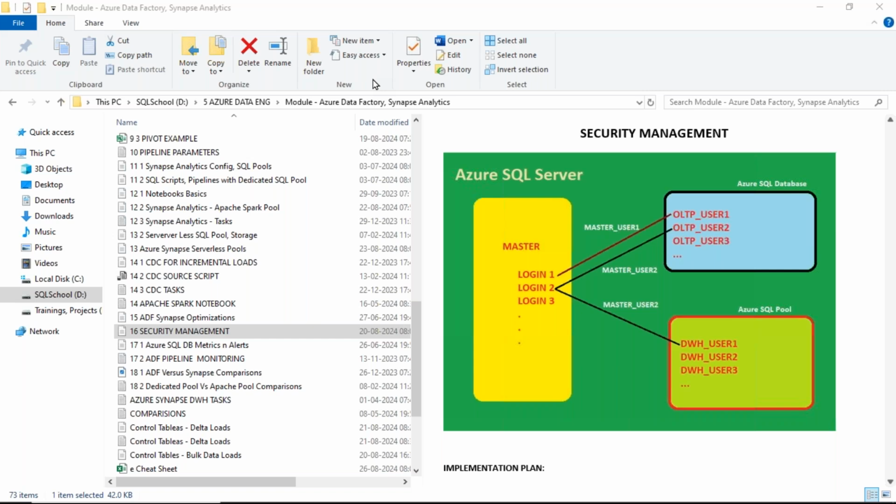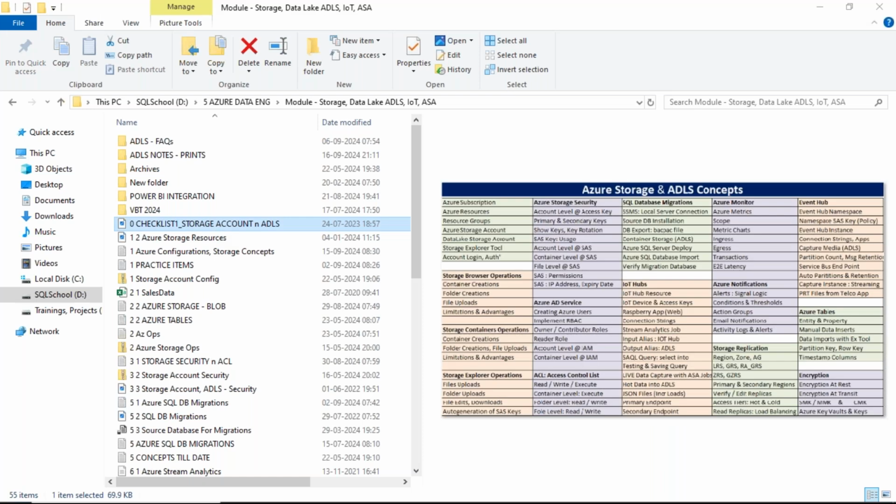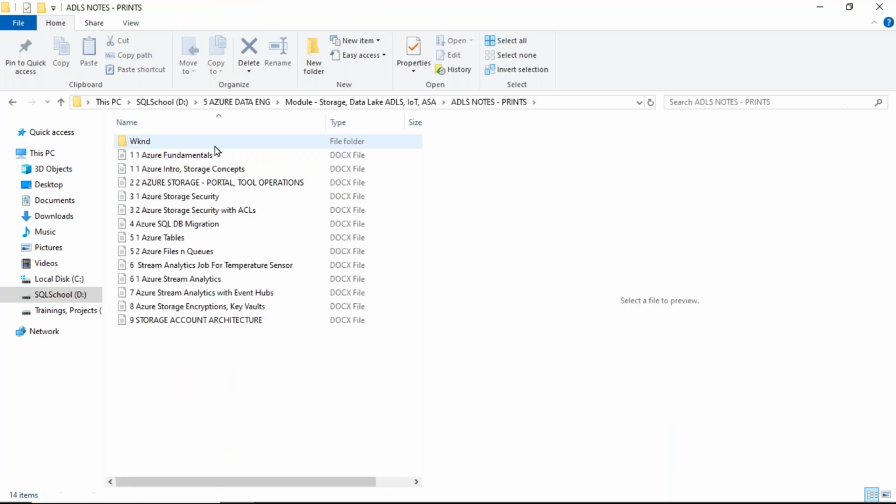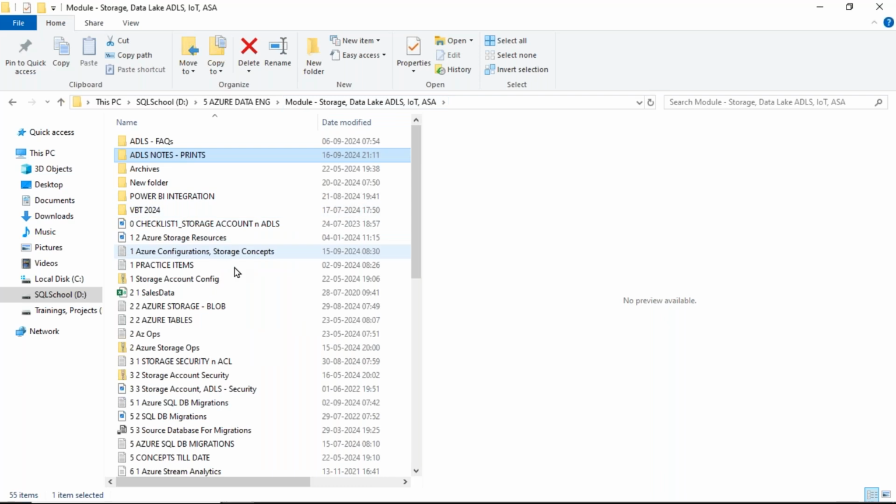After we learn the Data Factory module in Synapse for 3 weeks, then comes the storage module. The complete agenda item is planned for 2 weeks. As usual, you'll receive print copies of the documents in advance, module wise. You take all these documents printed, get ready for the classes. They will be given upfront,